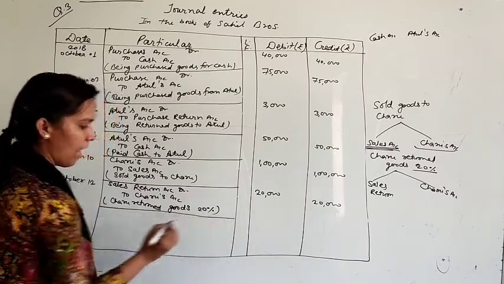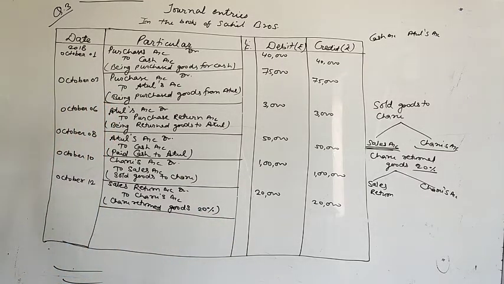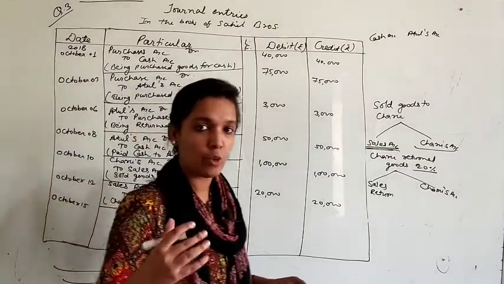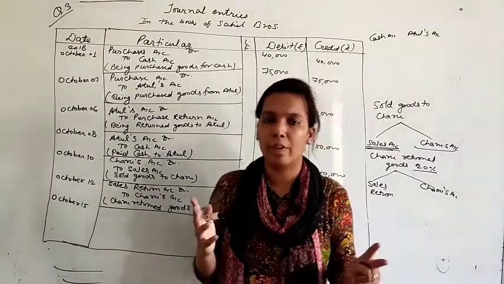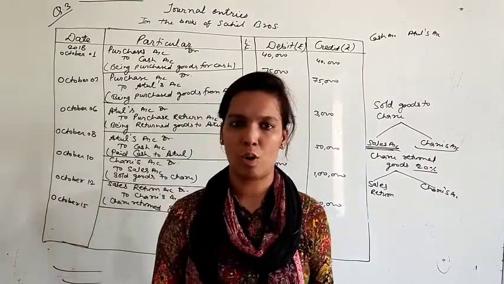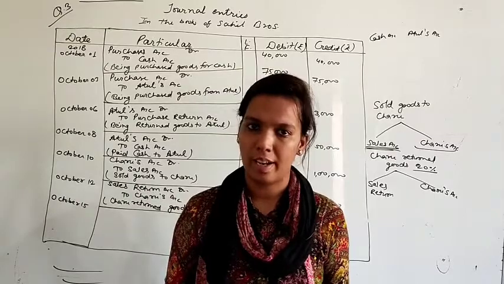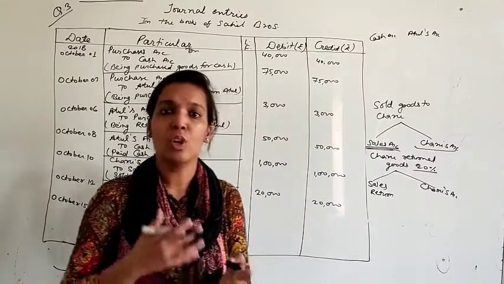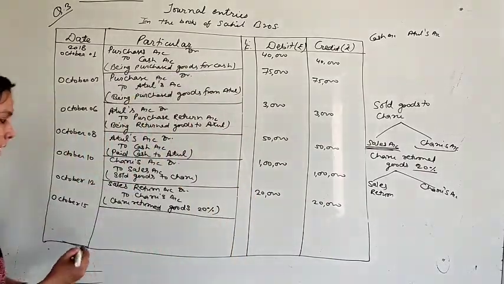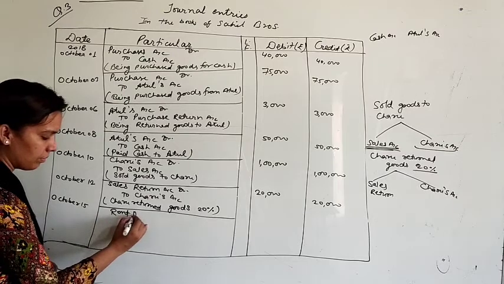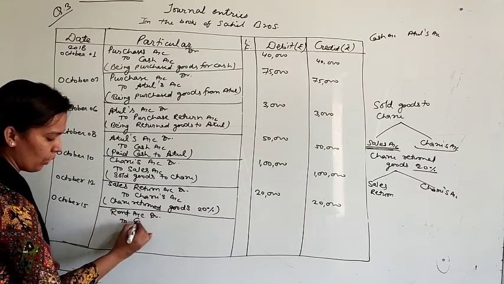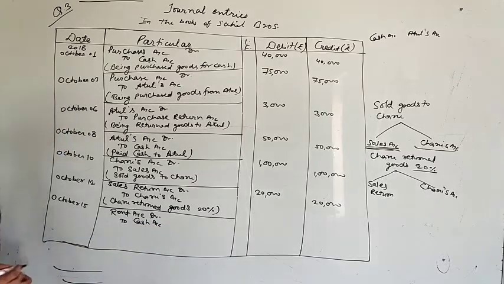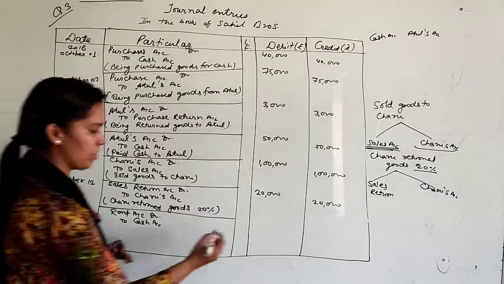Okay. After this, next one, paid rent. It is on October 15. Rent is expense for the business. Whenever you are paying any expense, which two accounts will be affected? That is rent account and cash account, because you are paying in the form of cash, right? So rent account and cash account, these two accounts will be affected. Rent is expense for you, so according to nominal accounts rule, all the expenses will be debited. So rent account debit to cash account. Amount is 2,000 rupees.